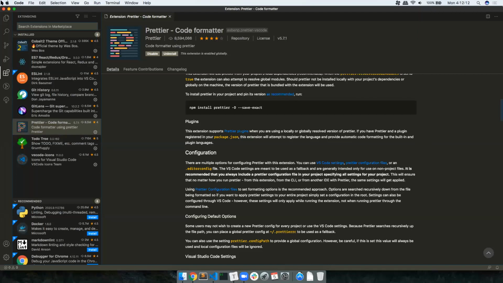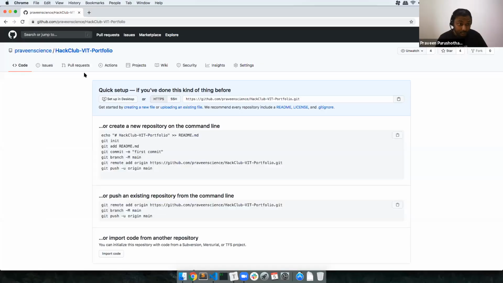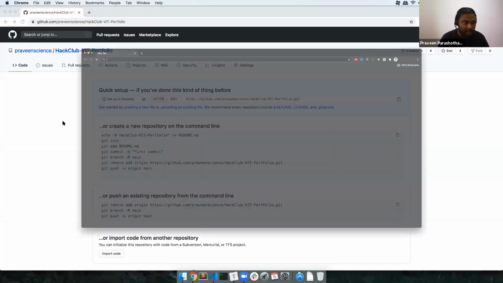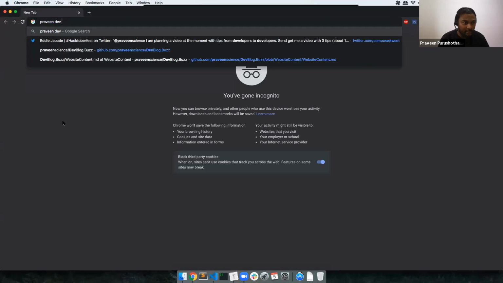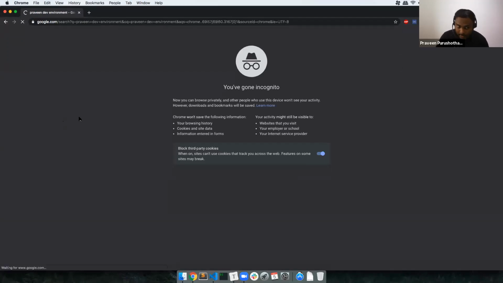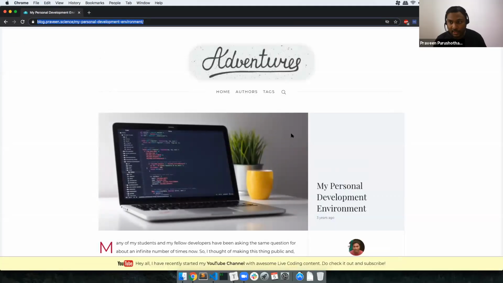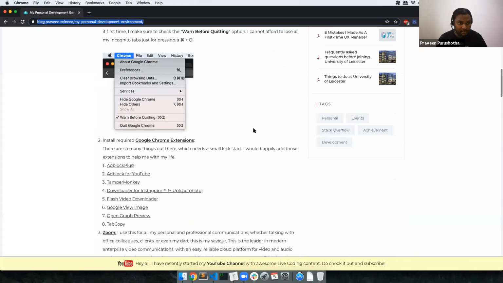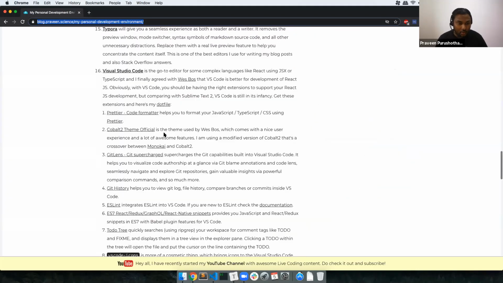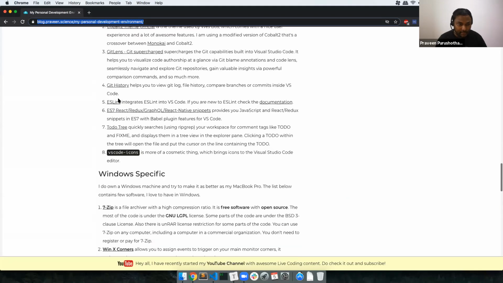How am I getting the extensions? If I go to the dev environment post, in my blog post I have given all the extensions, and all of them are available for VS Code. I have linked everything.